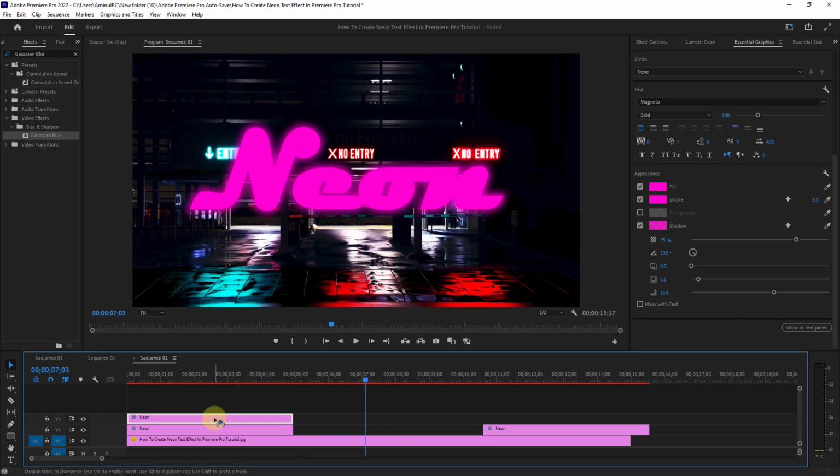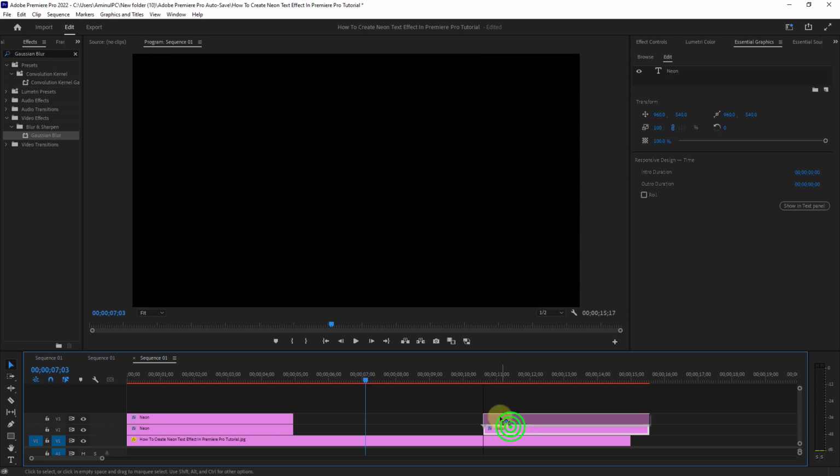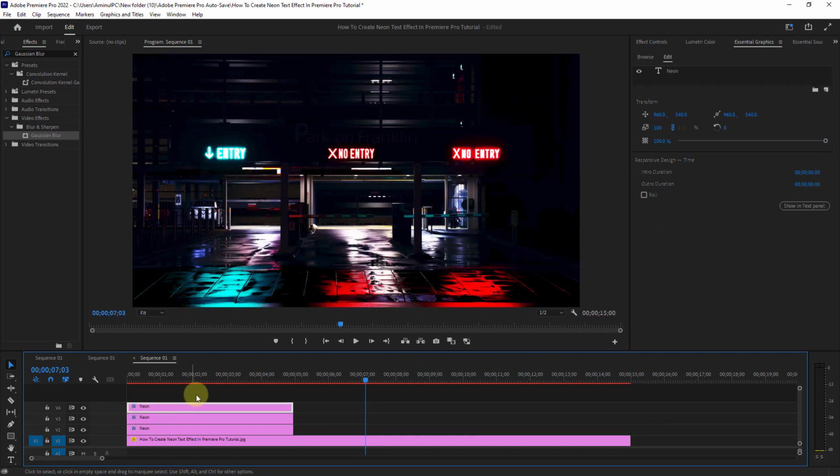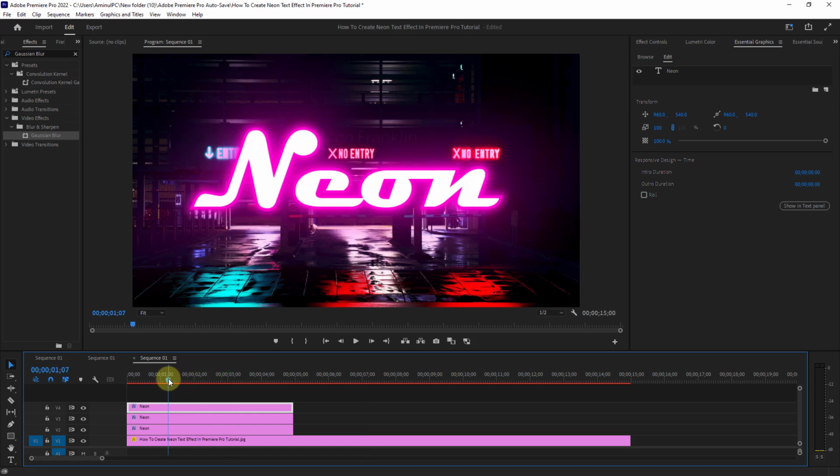Now put all the layers on the top of each other. Now look, the neon effect has